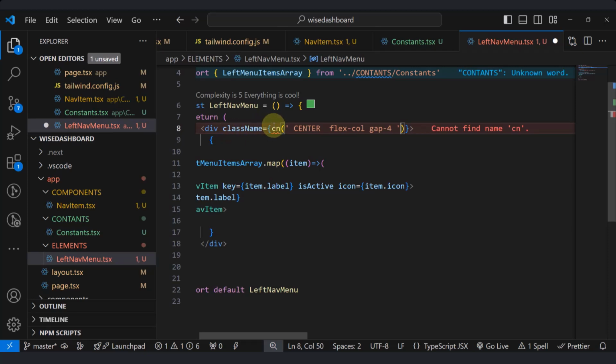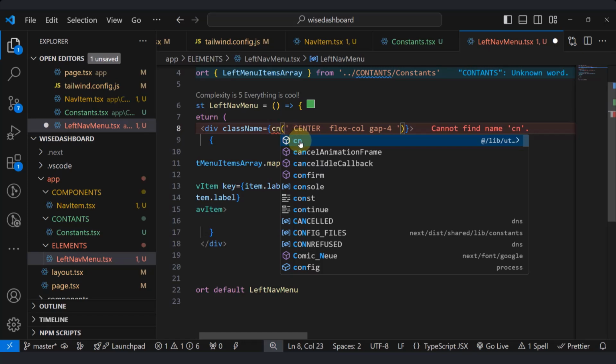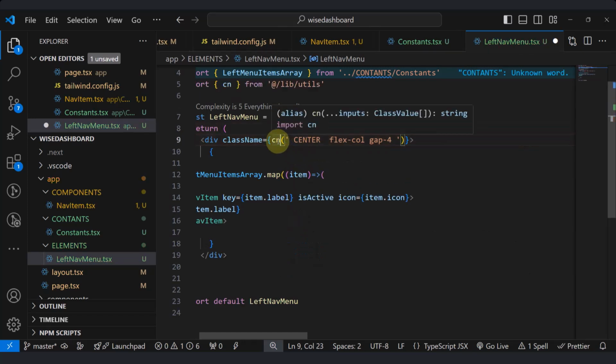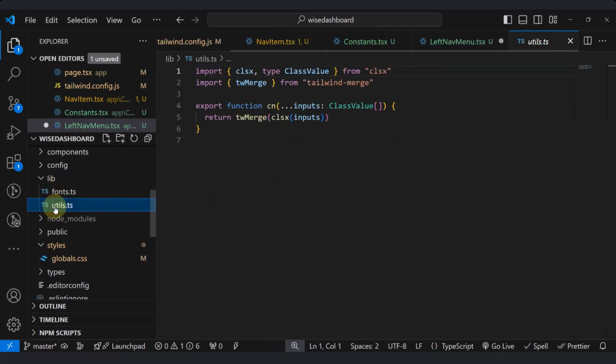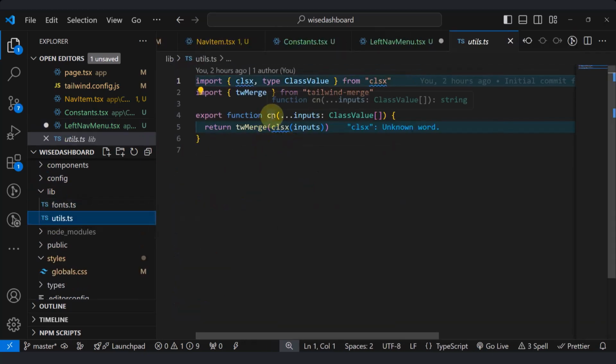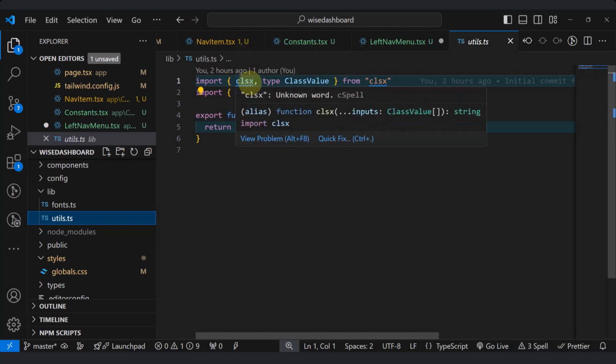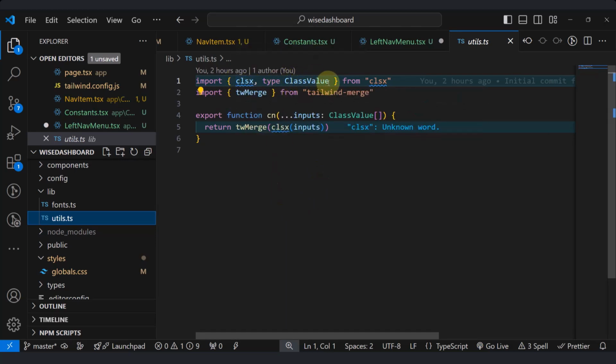Okay, cannot find CN. Obviously, I'm going to import it from ShadCN. Let's just go to that lib utils. As you can see, this CN makes use of CLX and class name values. I think it's that one. Okay, this CLX, I think it helps with managing the class collisions, and also it makes use of Tailwind merge. So this is just a function that has been created by ShadCN to manage the collisions,